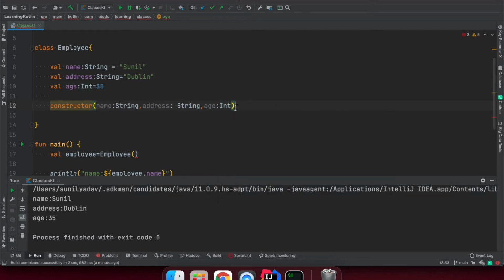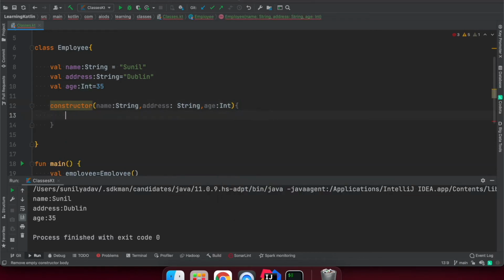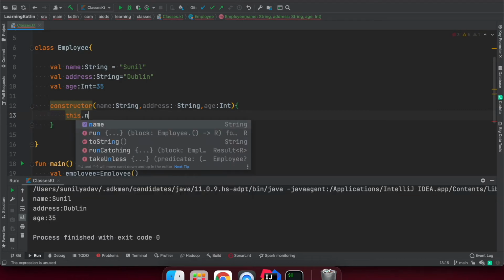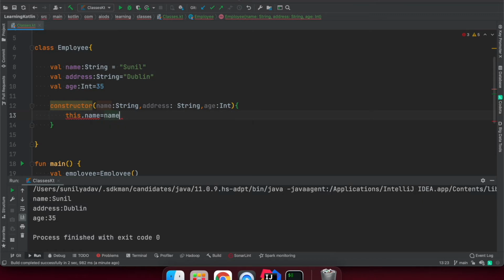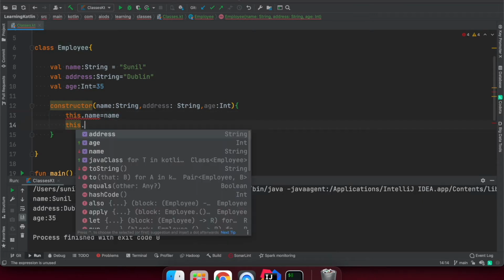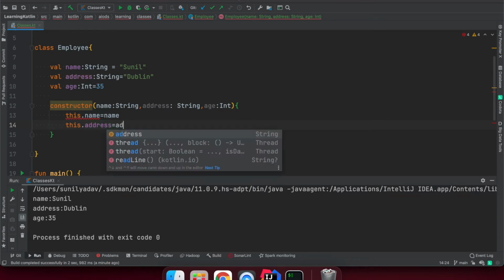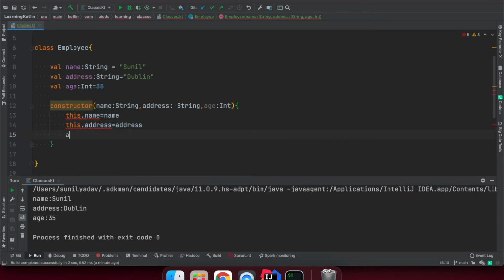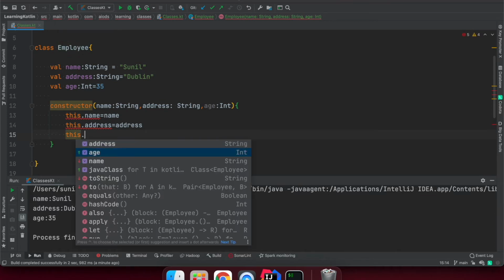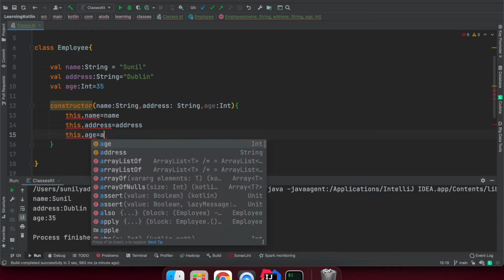And here I'm going to say this.name is equal to name, and this.address is equal to address, and then this.age is equal to age.